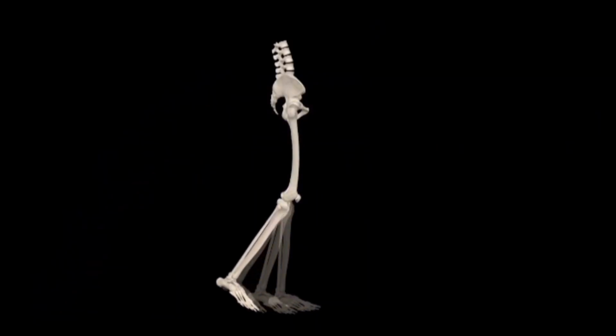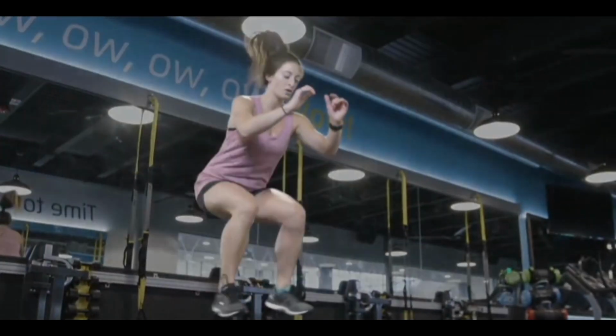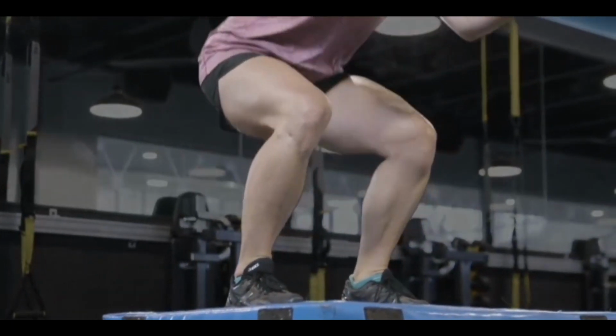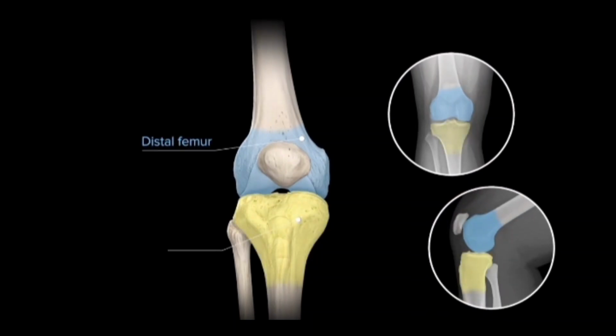While the knee may appear simple, it is in fact very complex. It manages mechanical forces that far exceed body weight. The osseous anatomy of the knee is comprised of the distal femur, the proximal tibia, and a large sesamoid bone,